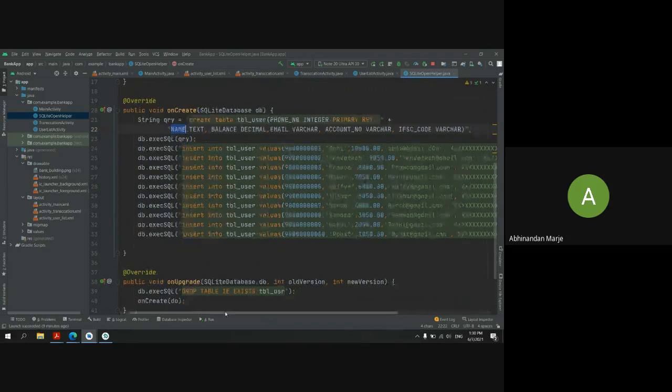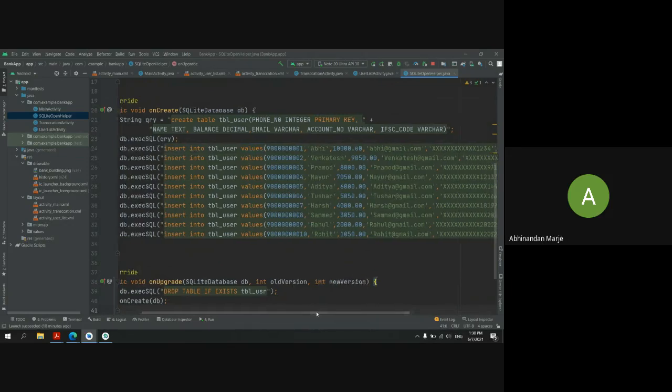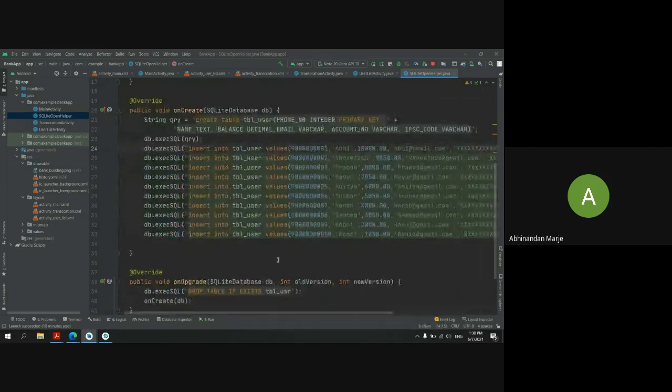Then in the execution, you have to write insert into the table name which you are using, and in the values you have to pass all the parameters you want: the phone number, the name, the balance, the email, account number, and IFSC code. You can create as many users as you want here.